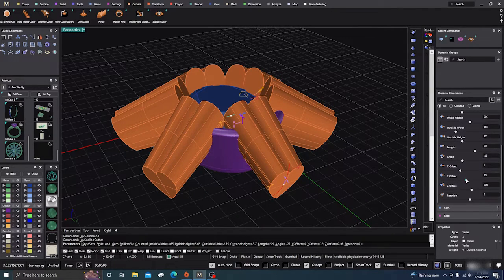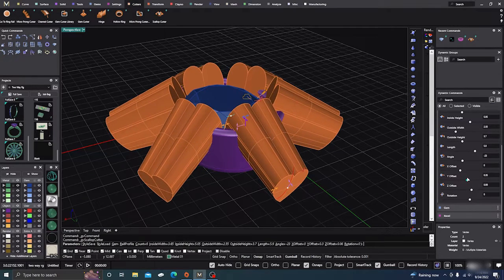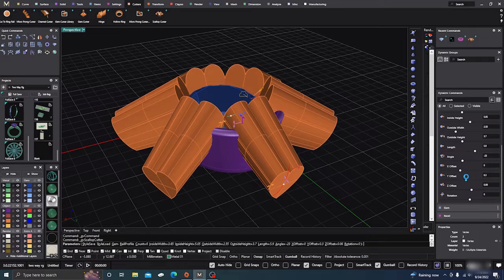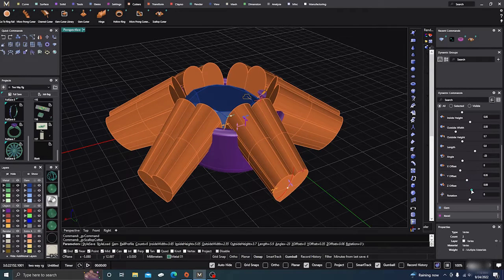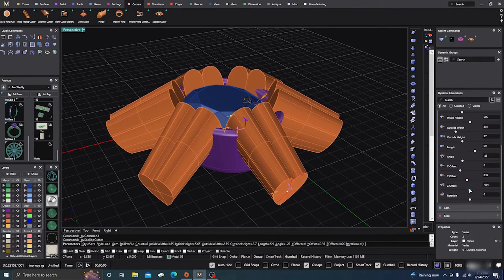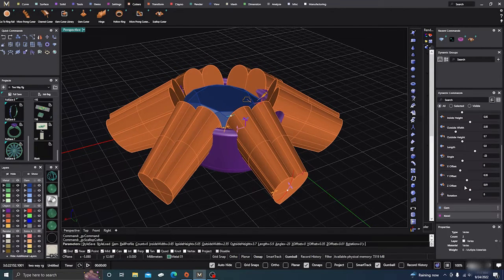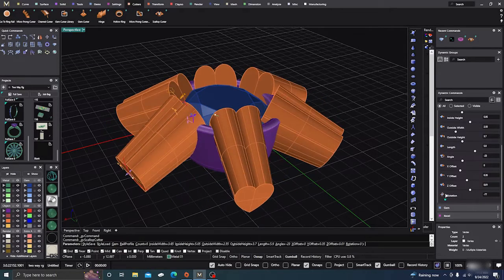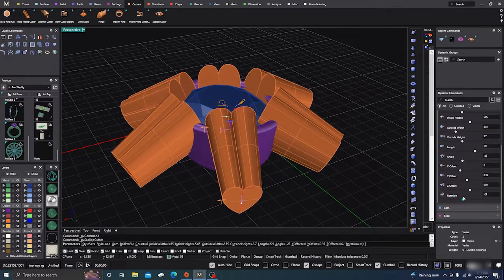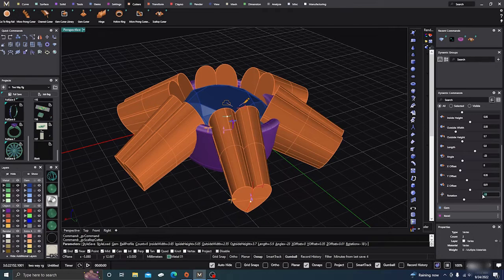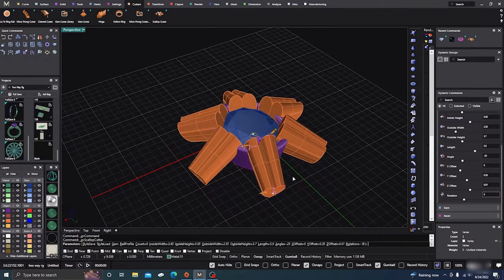You can do the Y offset, so you can move them in or out, and the Z offset, up or down, how deep you want the cut to go. Okay, and then also again the rotation all the way around the bezel. So I'm going to take that and put it back to 0,